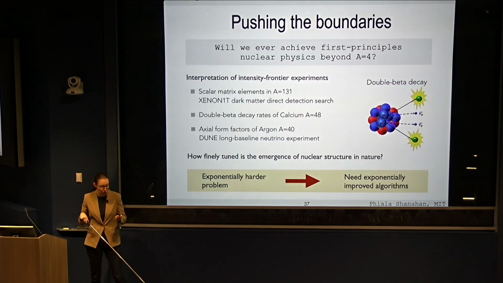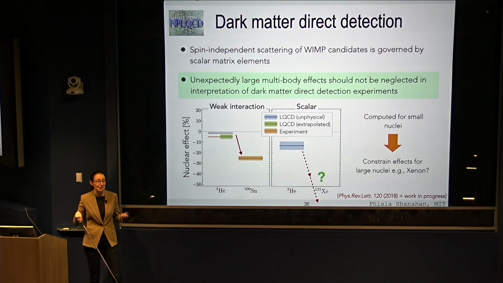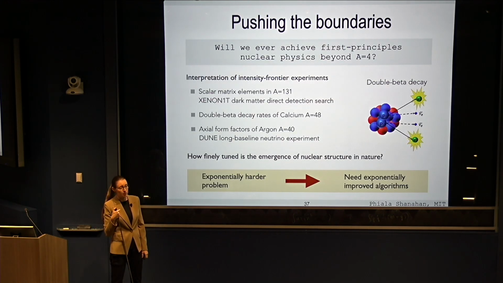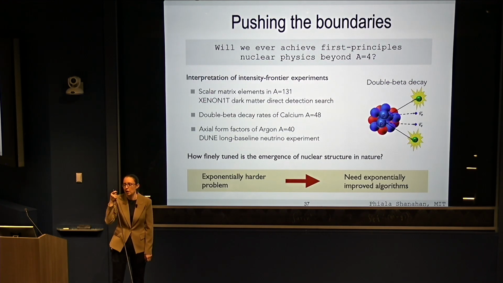you need caution. There are unexpectedly large nuclear physics effects in this quantity that you need to understand from theory. We need to understand the standard model better to find the beyond standard model physics. Okay. And it's not just dark matter. That's an interesting example because we have a hint of something interesting happening there. But